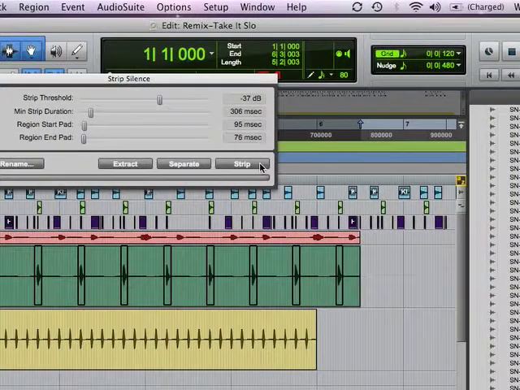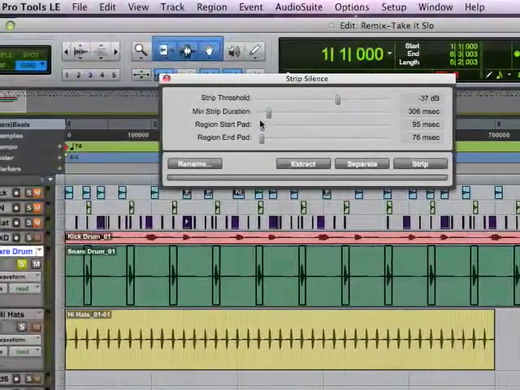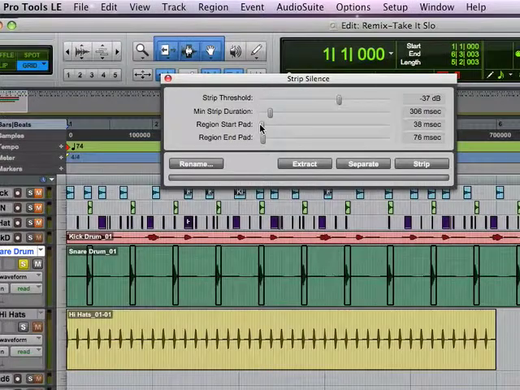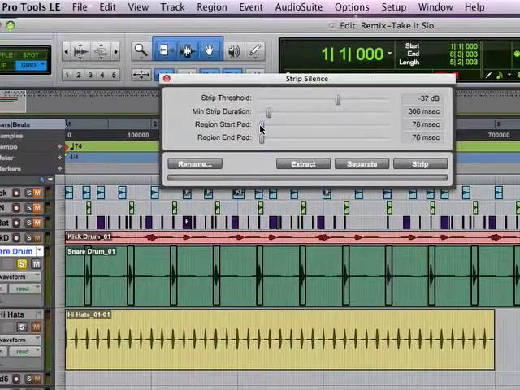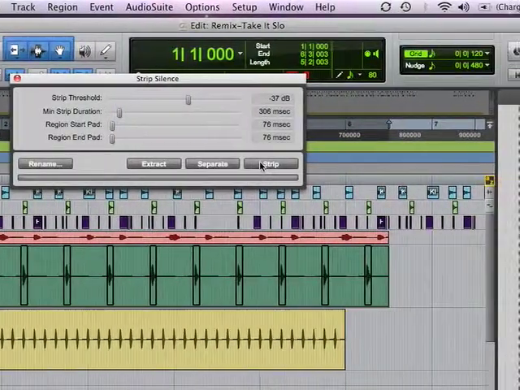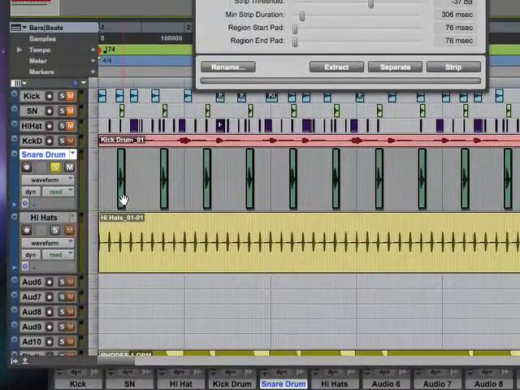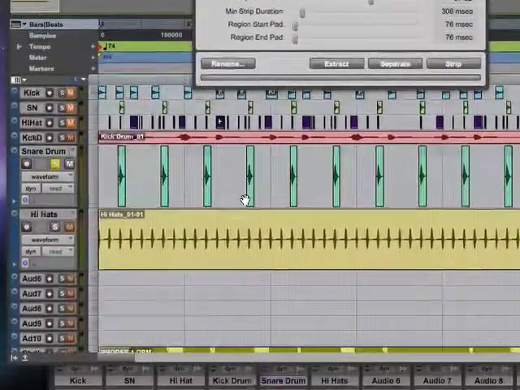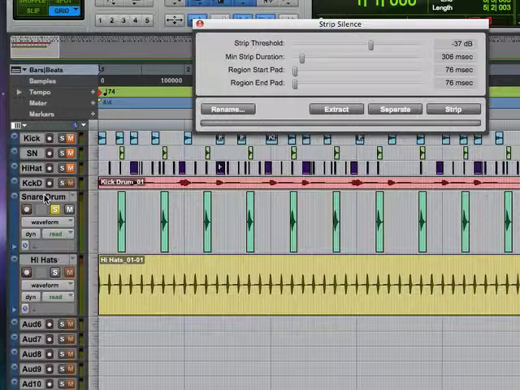And I'll say, cut the start of it down some. A little bit right there. And then I'll say strip silence. Cool. Now what I like to do also sometimes is I'll take this, let's undo that,